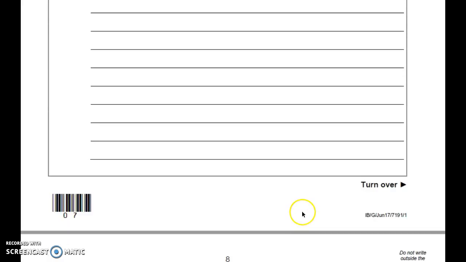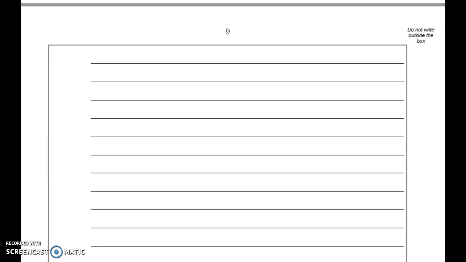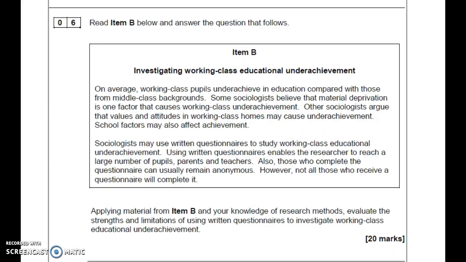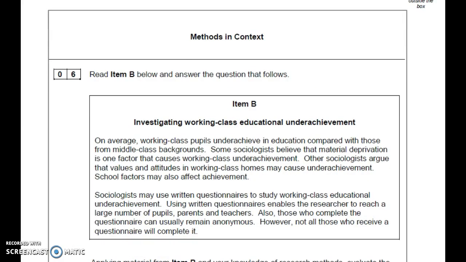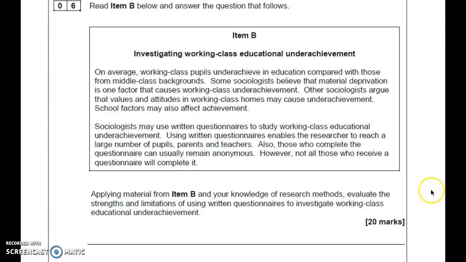And then your final question on this paper, what am I on about? The final question is methods in context, my most favourite. I absolutely adore teaching methods in context. Okay, so again, this is exactly the same on the full A-level paper as it is on the AS paper, so it's really good practice for the full A-level this. It asks you to give your strengths and weaknesses of a method and apply it to a given context, and they give you some hints about that context there,